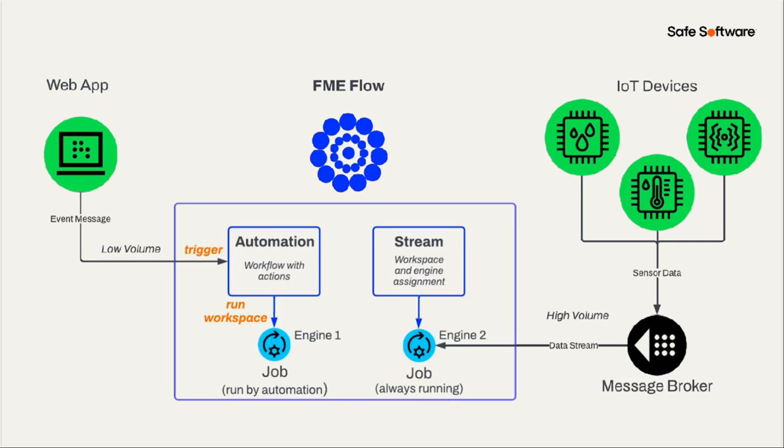On the right-hand side, we've got the stream. With stream processing, we have this job always running, and you can see here it is well suited to high volume sensor data. It might be a GPS tracker in a car, it might be a sensor on a machine, and often we're connecting to message brokers in this situation, maybe something like Kafka. As soon as that message comes in, we process that event using the stream processing engine.